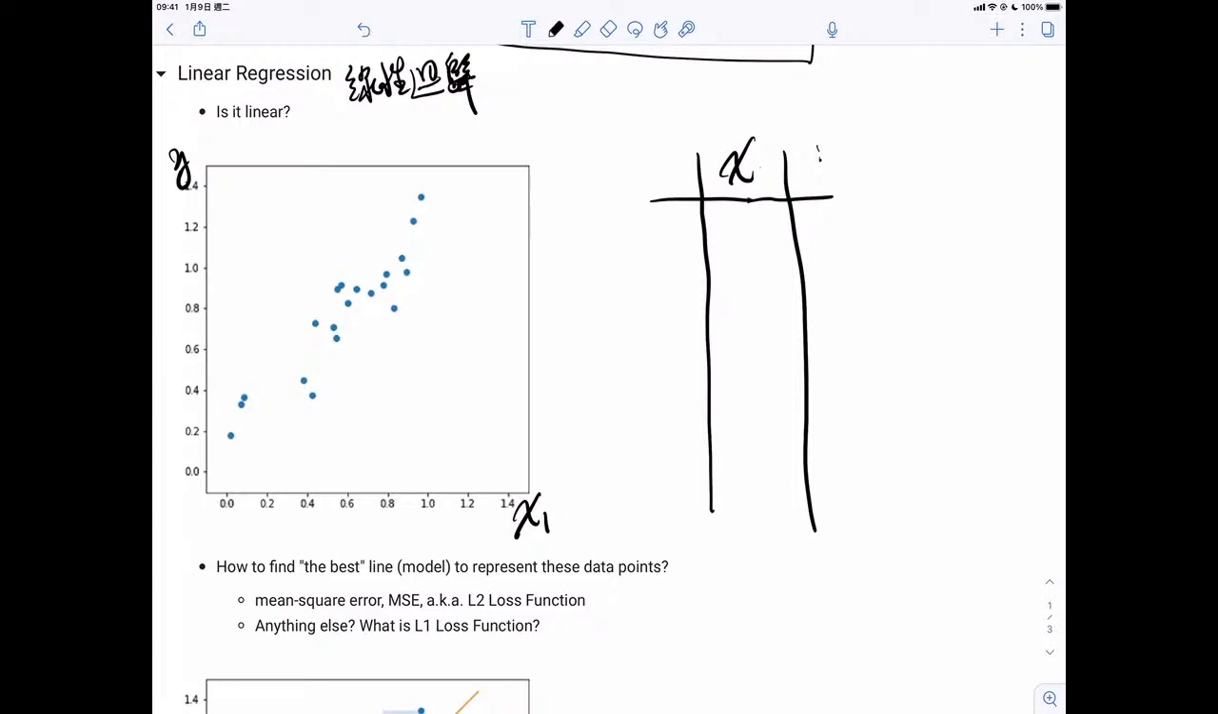Here we have only one x1. We would like to describe this data visually. How do we describe it? Humans are smart, so we might think the relationship between x and y looks linear. So maybe I think it's a very simple line. The relation between